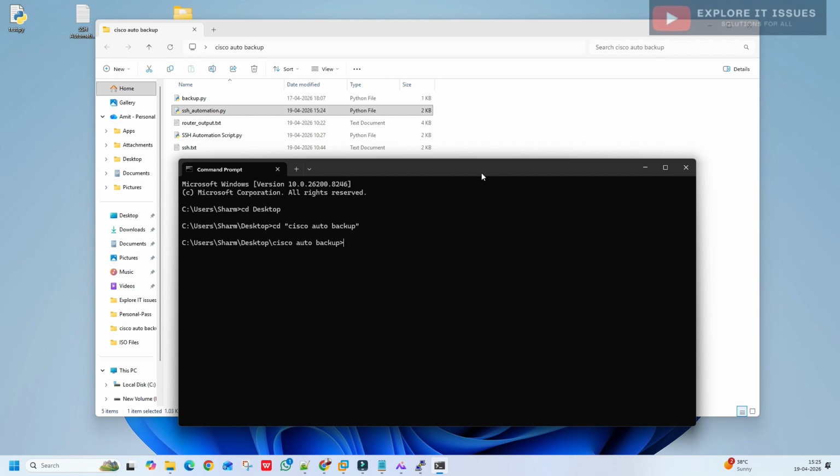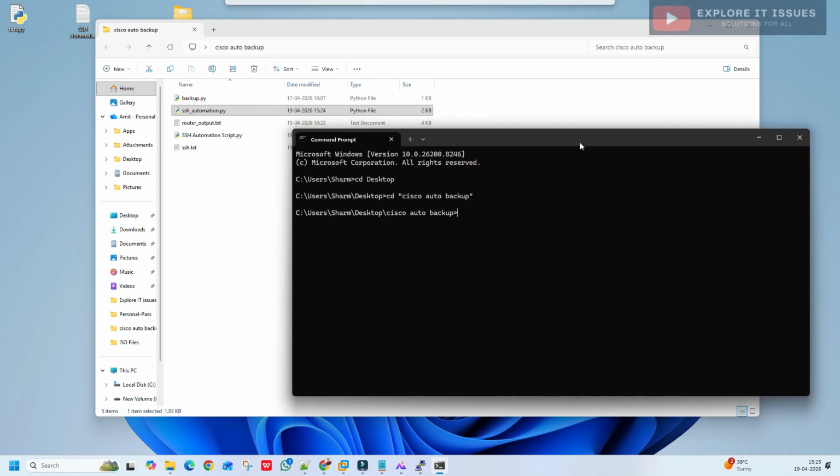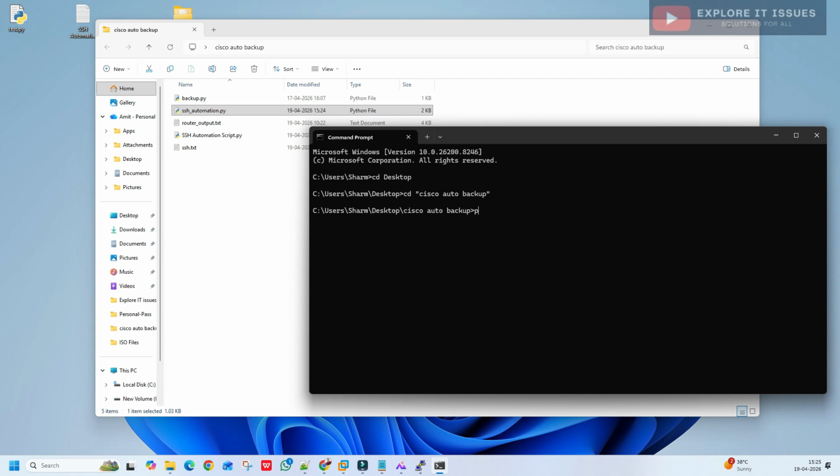Once you are inside this folder, you just type python ssh_automation.py. Once you have typed this name, you just press enter. I'll show you what output we get.